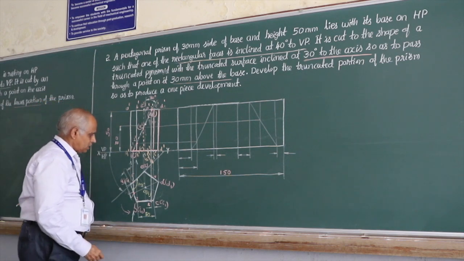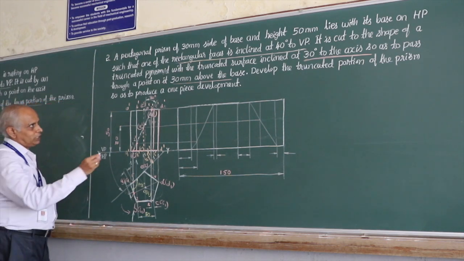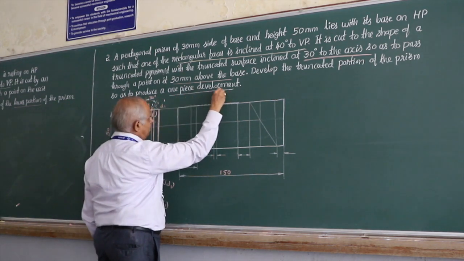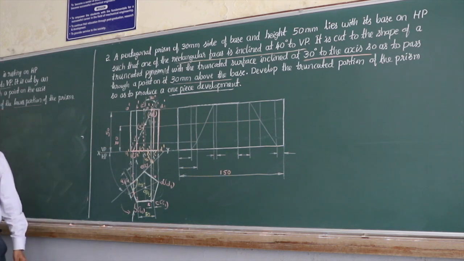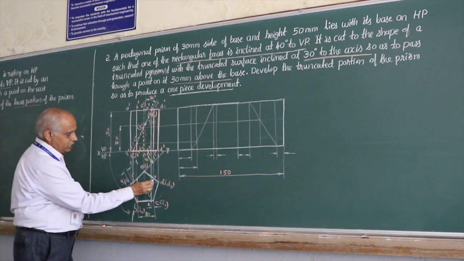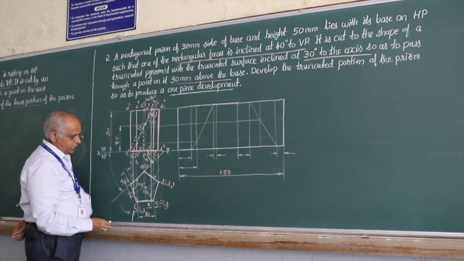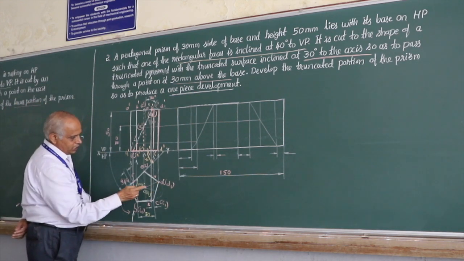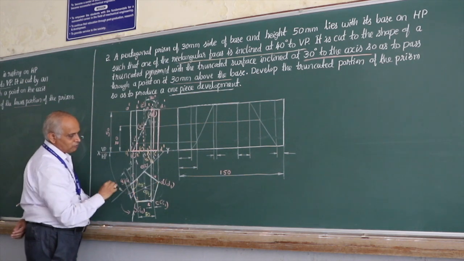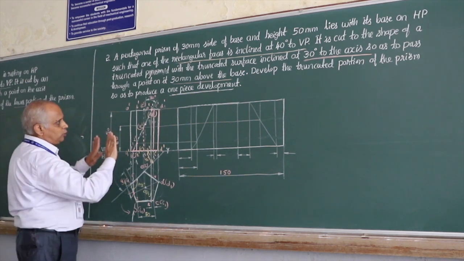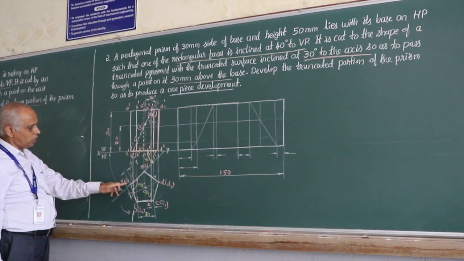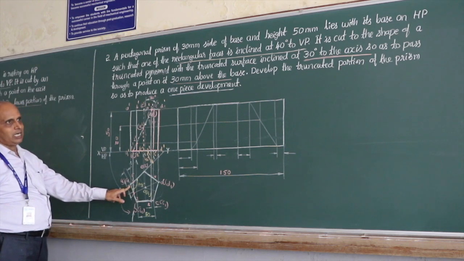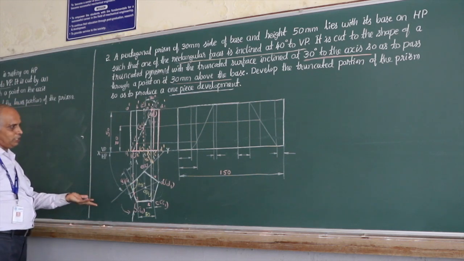Next, locate the points. Now, whenever you want to do a one-piece development, remember one-piece development means you are going to cut open the object when you try to do a development. So suppose I open it about D, remember you are cutting the DD1 edge, but already this AA1 edge is removed. Therefore, it will become a two-piece development. It should not happen. Therefore, it is very, very important for you to start the development from a removed vertical edge or the shortest vertical edge in the previous problem.